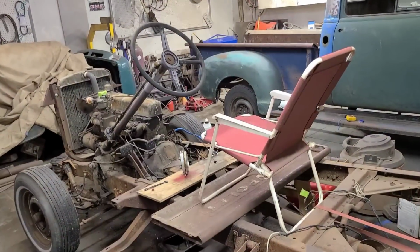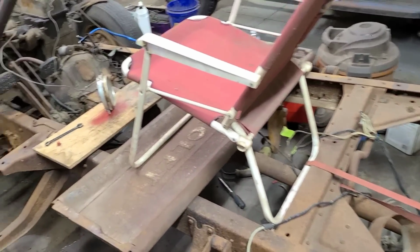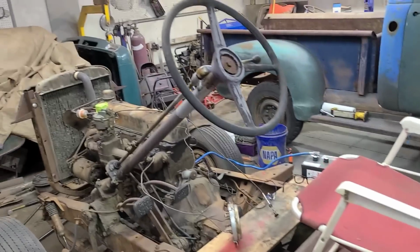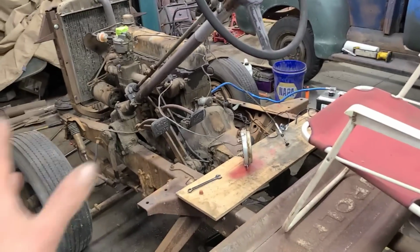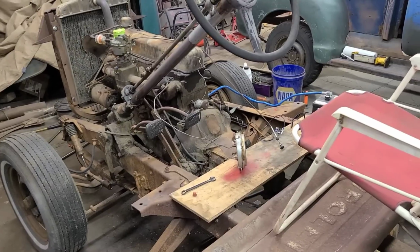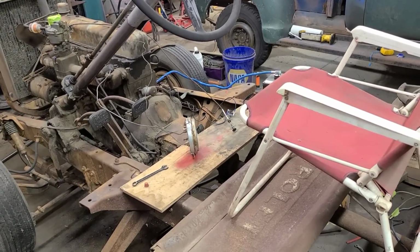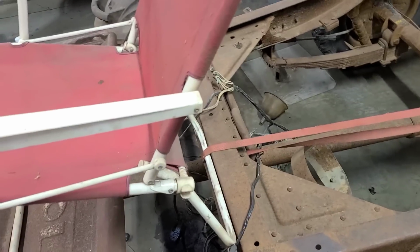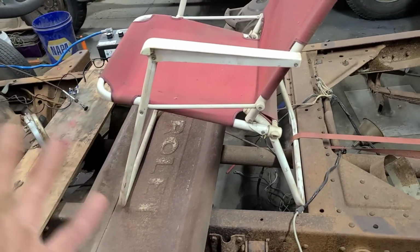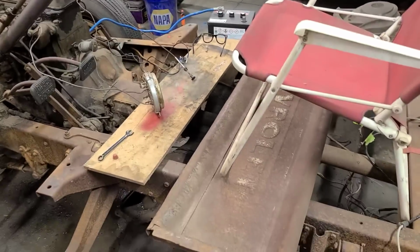Well, it's the next day here, and you can see we've been busy doing stuff. Plan was to get this to the point where I could test the clutch on it, and I think I'm gonna have to just hold off on that now. The problem here is that we're kind of rushing to get things done because I gotta get this video out today. And it's already 2 o'clock, and I wasted the whole morning